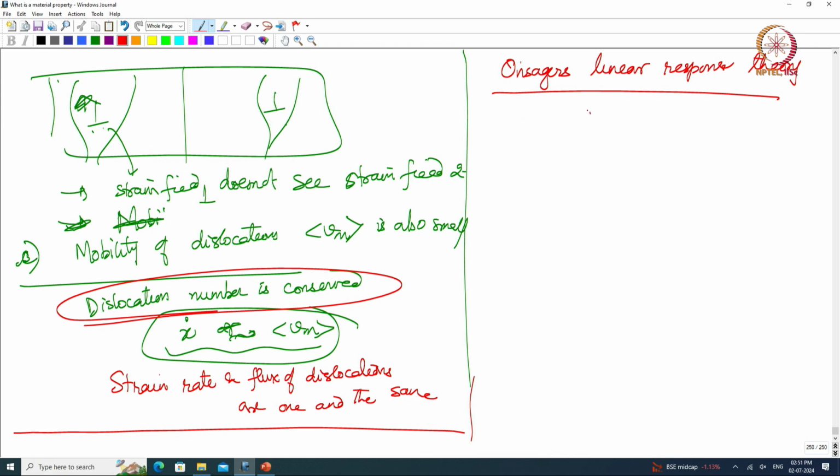I have, let us say, many forces F1, F2, F3 and so on. Then I am going to say that the flux of 1 will depend linearly on force 1, plus L12 force 2, plus L13 force 3, and so on. It depends on all the forces essentially. So the flux will depend on all the forces, and the assumption